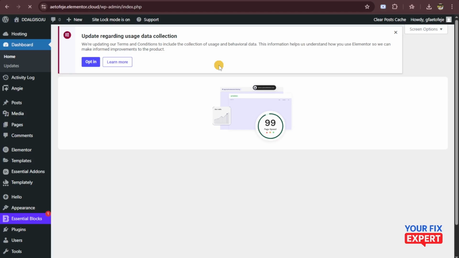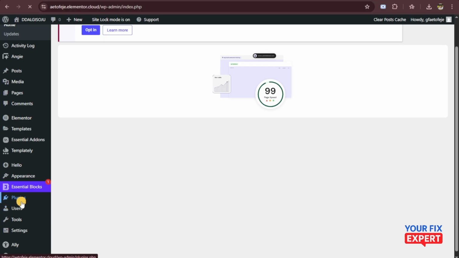This is how you're going to install and activate Elementor Pro license. So first thing is we're going to head over to the WordPress dashboard, and then from here you're going to look over to the left side panel until you see this plugins button right here. So you're just going to click on that, or you can hover your mouse over it and then click on